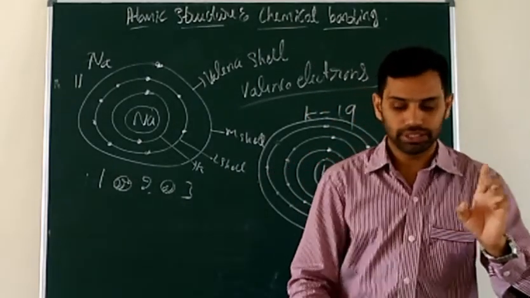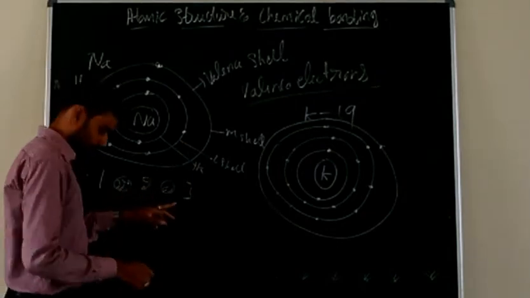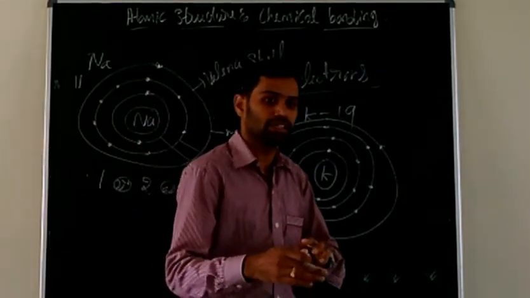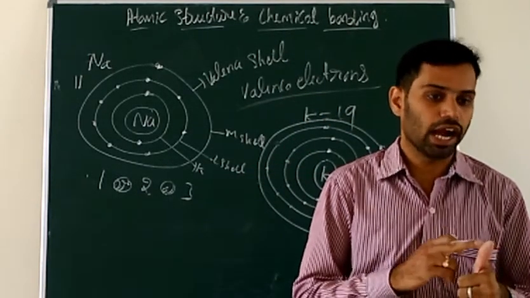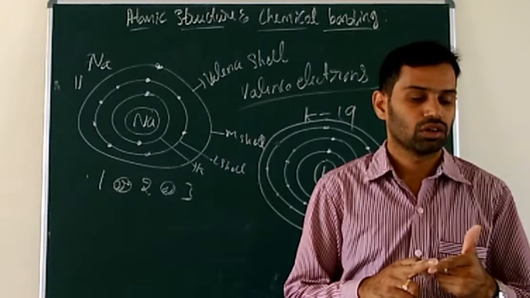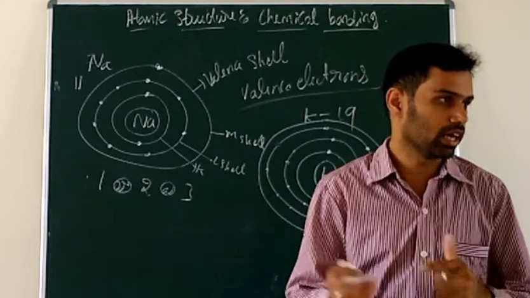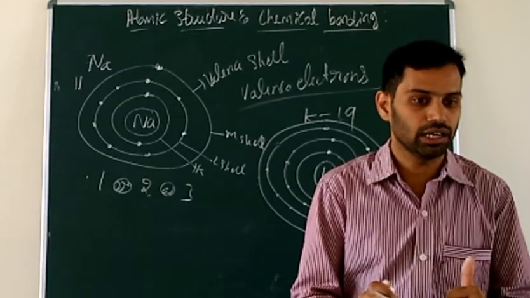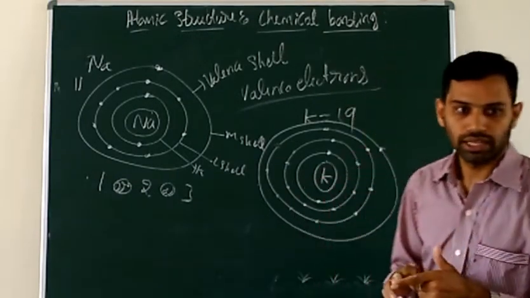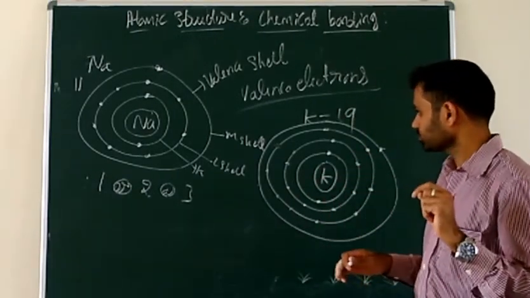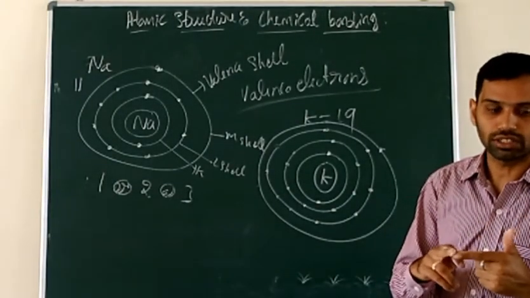The elements which have 1 or 2 or 3 electrons in their outermost shell are considered as metals, except hydrogen and helium. Hydrogen is not a metal. We will study in the next higher chapters why it is not a metal. Next, helium is a gas, an inert gas. Clear?